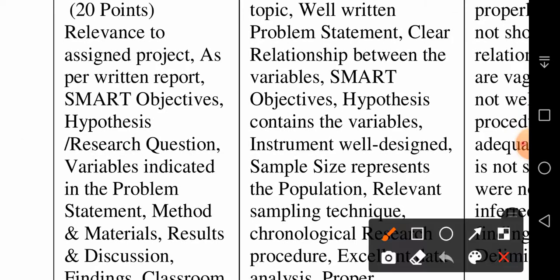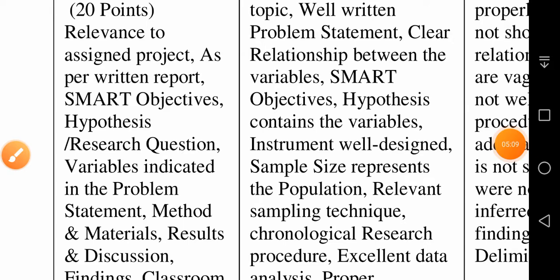Second, your objectives. You have to mention objectives while you are presenting, okay. And so we will have a look at your objectives, whether the objectives set by you were SMART objectives. Then hypotheses, what were your hypotheses, and were your hypotheses correct?